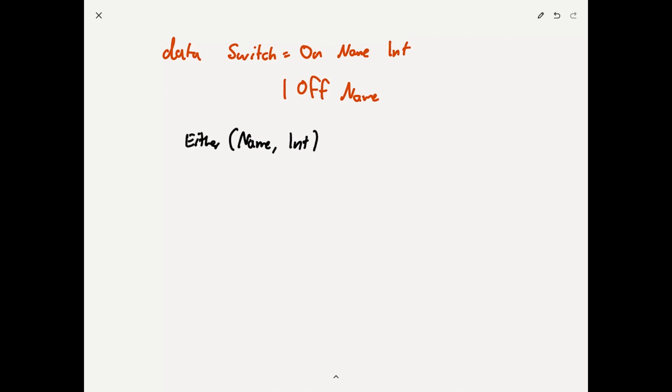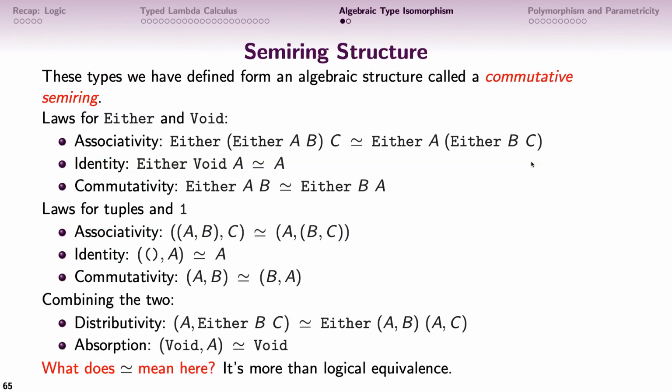So it's either a name or an integer, or it's just a name, right? So now left has taken the role of on, and right has taken the role of off. But yeah, we don't want to use this explicit data type, so we converted it into this. So now, if I go back to my slides briefly, we have this distributivity law here that says that if